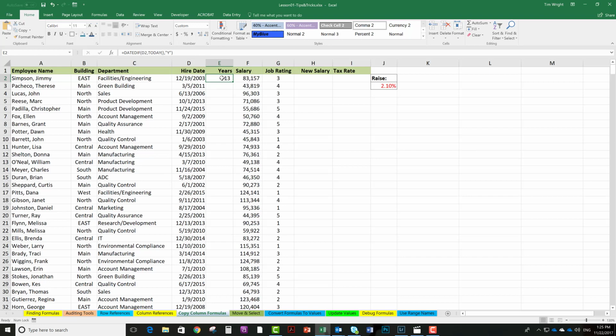So that's a great little function, and it just tells us that from the date they were hired till today, it's been 13 years. By the way, that could be an M for months or D for days right here. It's pretty handy. Well, we want to copy this all the way down, and our problem is, though, that we have